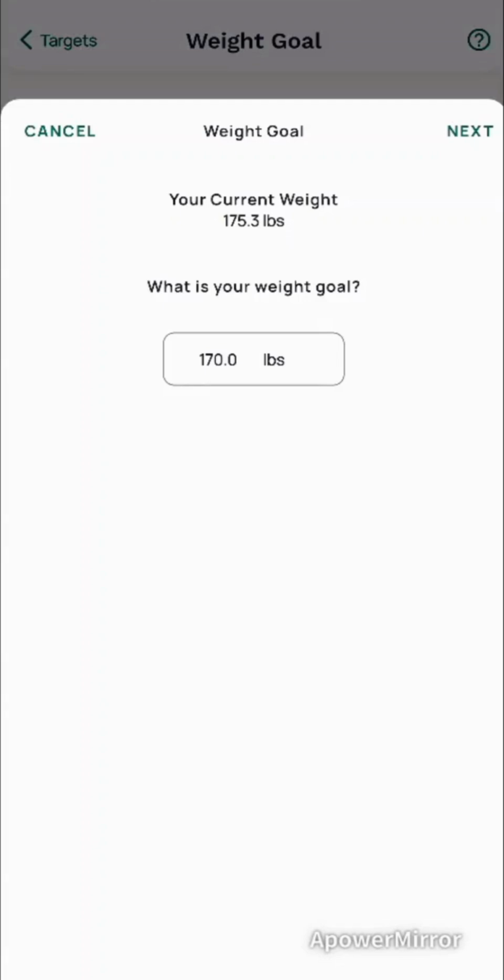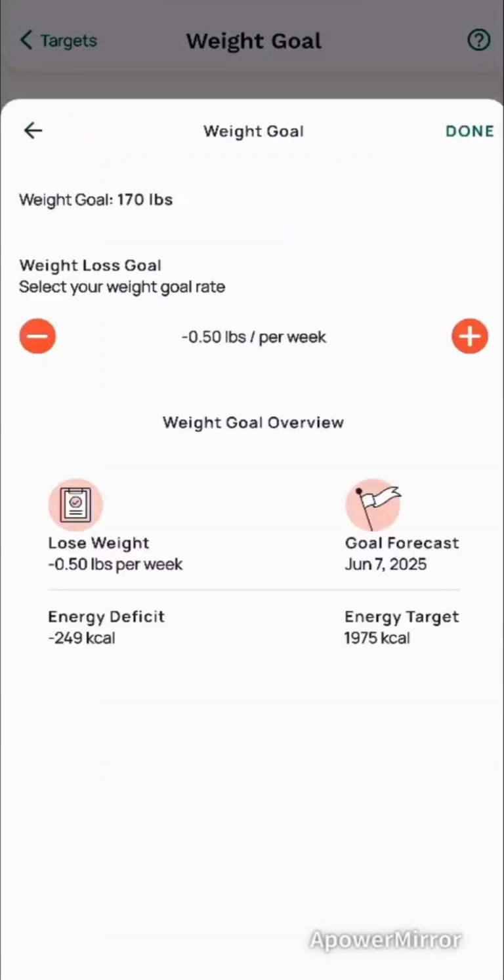After entering that goal weight, you're going to go ahead and click on Next. So once you click on Next, you're going to pick how many pounds you want to lose every week. And that value will be between +2 pounds if you're trying to gain weight, or -2 pounds if you're trying to lose weight. A very good number to put in there is somewhere between 1/2 and 1 pound